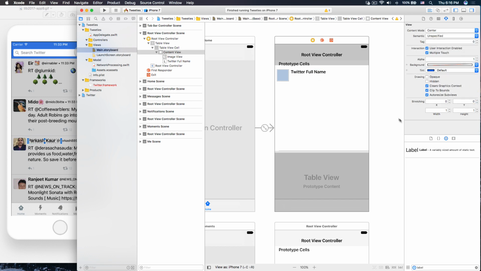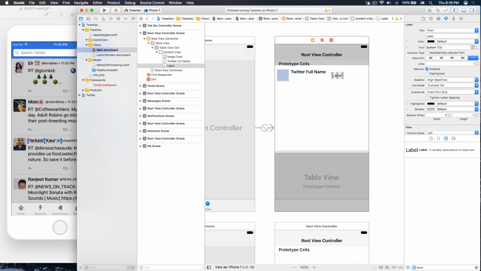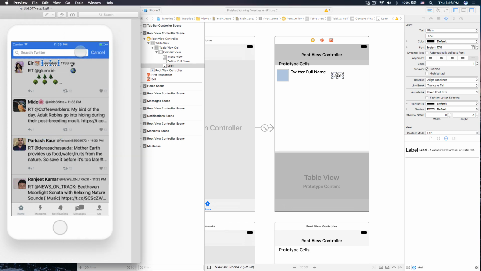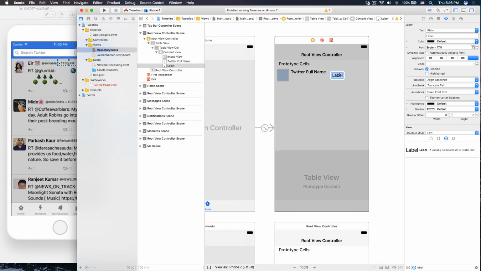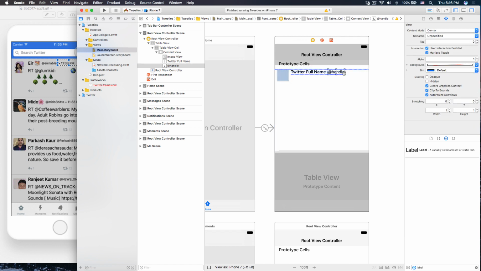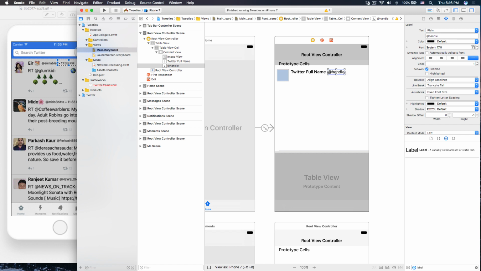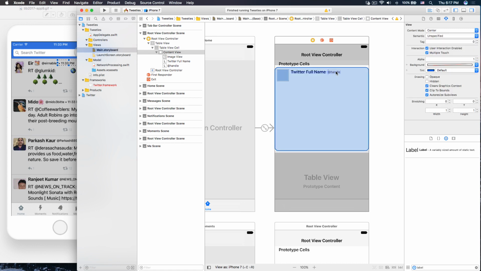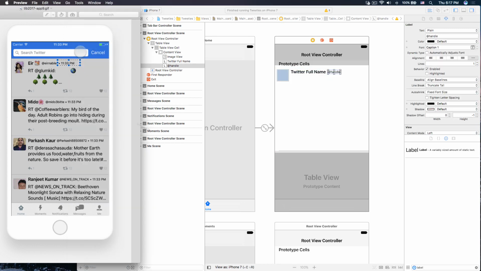Cool. All right. Next up, let's drag out another label for the handle like that. So the handle, let's type at handle. Right, so we'll put it over here and change the font of this one. Now the font of this one is really small, and so we are going to use something like the caption font. So instead of system, we use the caption one. Done. You see this? The handle. Again, I'm going to press Command equal, and we have the handle like this. Cool. All right, that's pretty good, right? Next up, let's